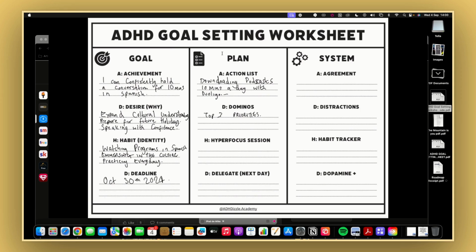But if you don't have a desire list, you're just going to be with that distraction, like, oh, what's the worst that's going to happen here? What the worst that's going to happen is that you're going to get into a habit that stops you from achieving your goal. That's the worst thing that's going to happen.